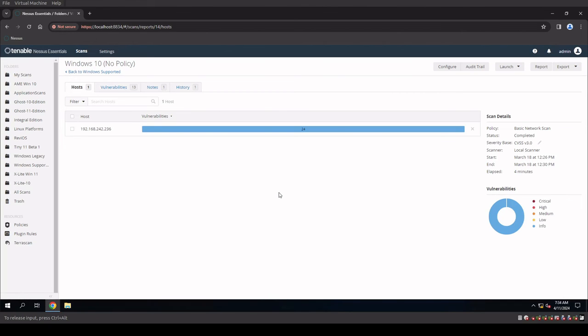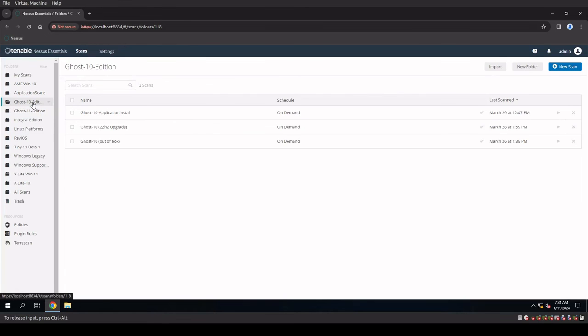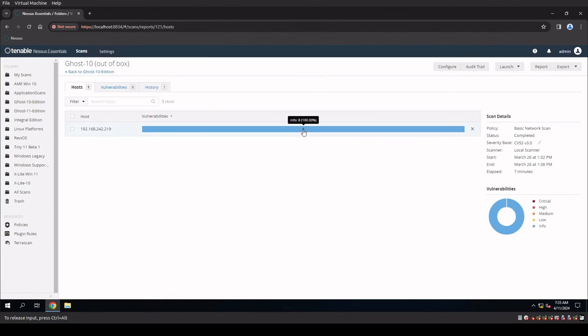That's the operating system. Now, with that said, let's take a look at our Ghost 10 edition. And we have our out-of-the-box configuration here. So let's drill into that, take a look at that. And you'll see our Ghost configuration is 8 vulnerabilities. So our Ghost 10 system on 20H2,